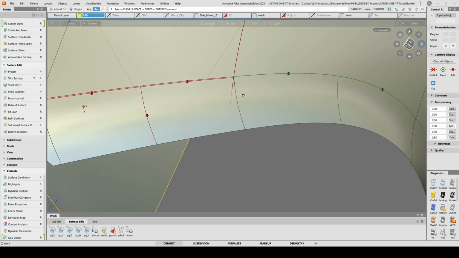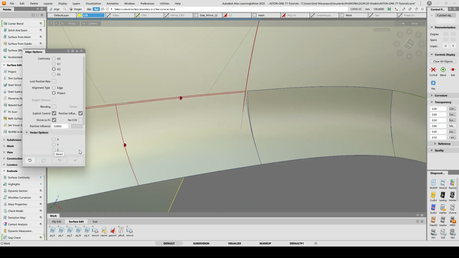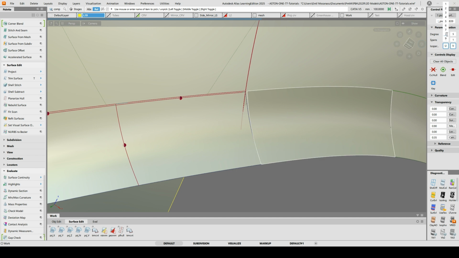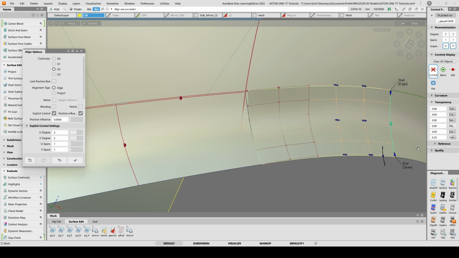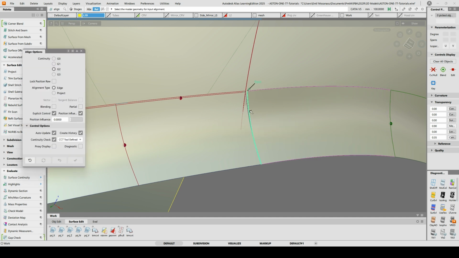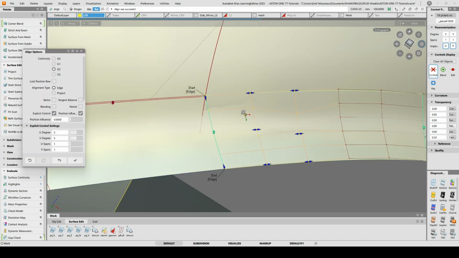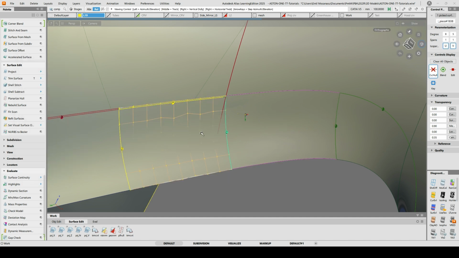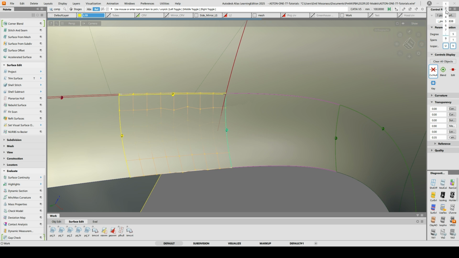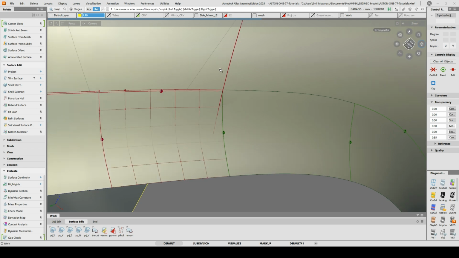Okay, so let's get this done again. So this will become a degree 2, back to degree 5. And let's align this to this. And let's do this the way it should be done. This needs cleaning up as well. So degree 2, degree 5, and then